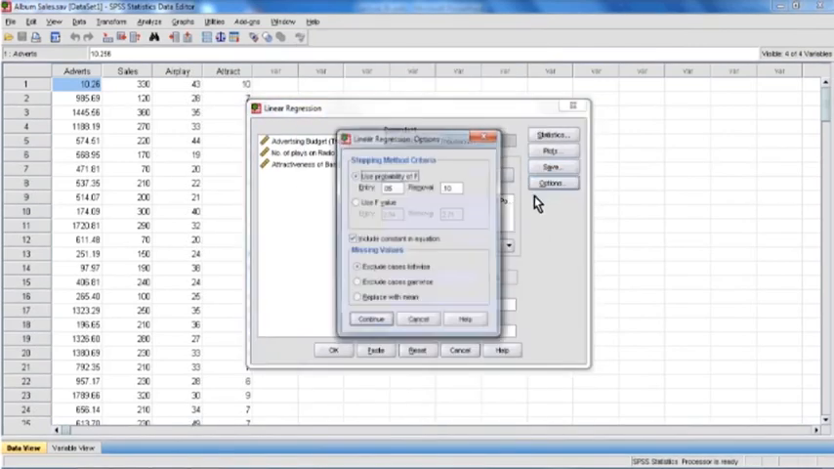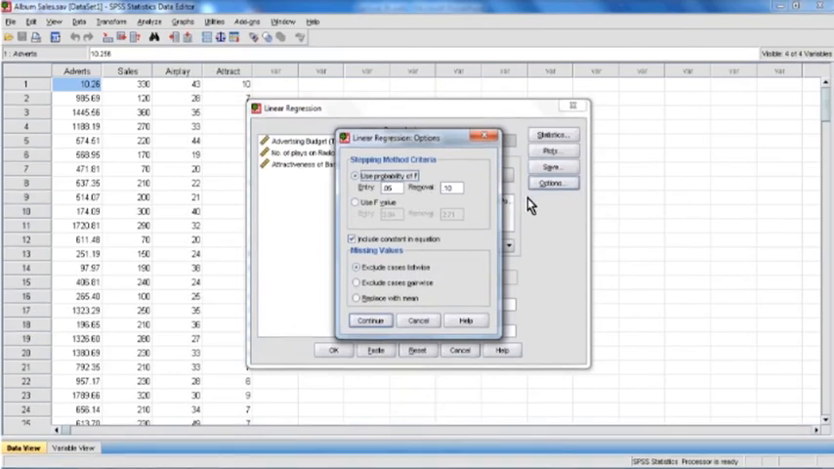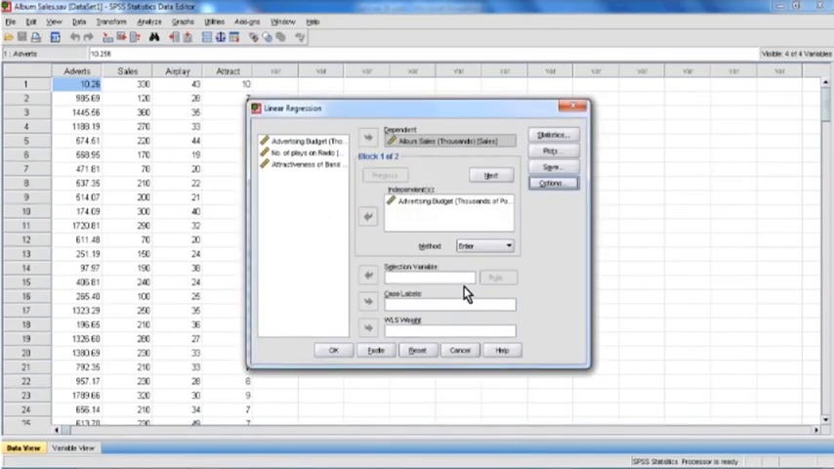And again we click on options. Here you can see that we can select the probability of F, whether its entry level is 0.05, and then we can include constant in equation, and we click on continue here. So we click on OK,